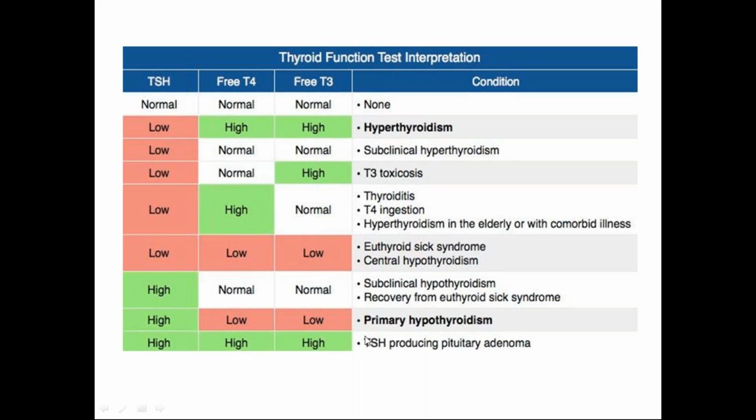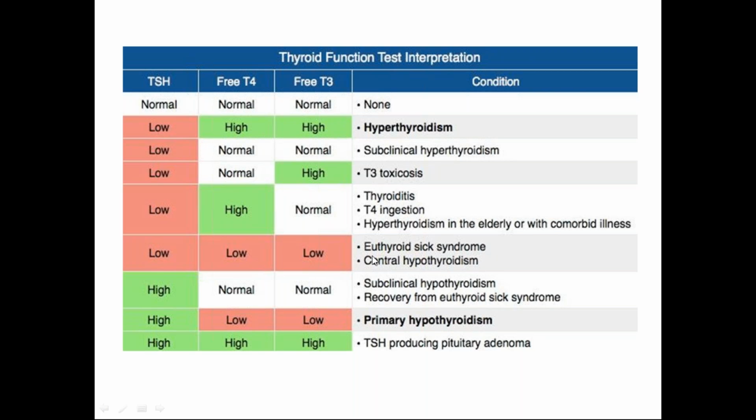we reverse this condition, and then it is central hypothyroidism, where TSH will be low, T3 will be low, and T4 will be low. Everything will be low, because here also there is a defect in the pituitary gland, but in this there is hyposecretion of the TSH. It is also seen in euthyroid sick syndrome. This is seen in